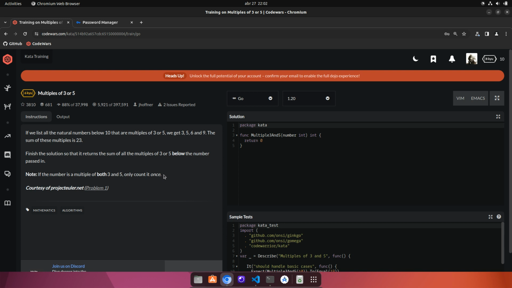Okay, so basically, I'll have to go through every multiple of 3 or 5 and sum them. The thing is, if I simply do a for loop checking for every number, it is going to take a lot of time. So I basically have